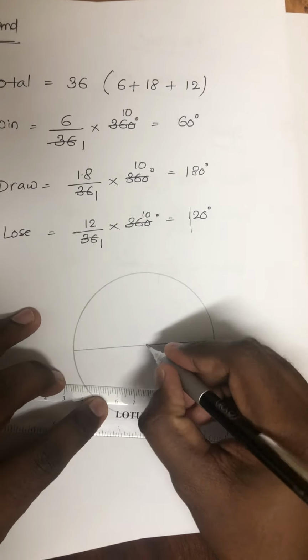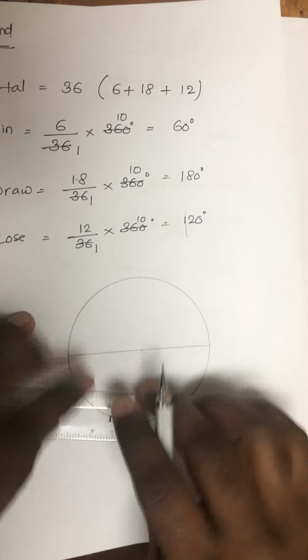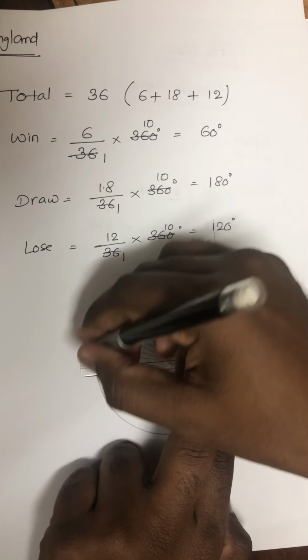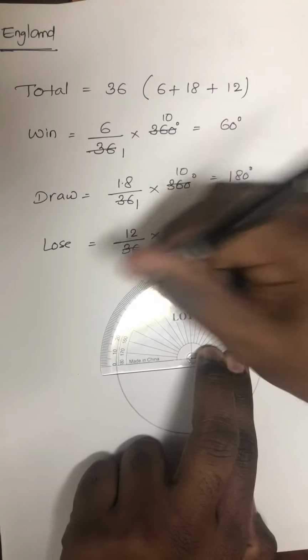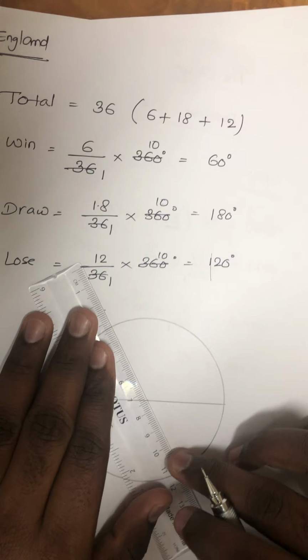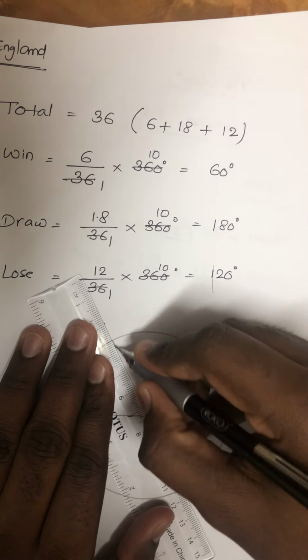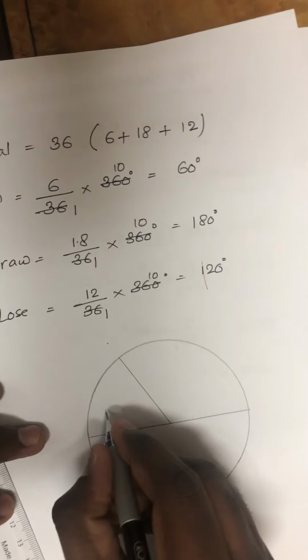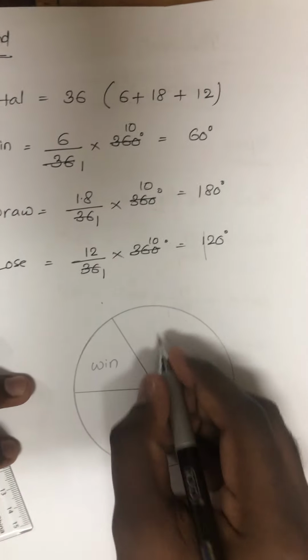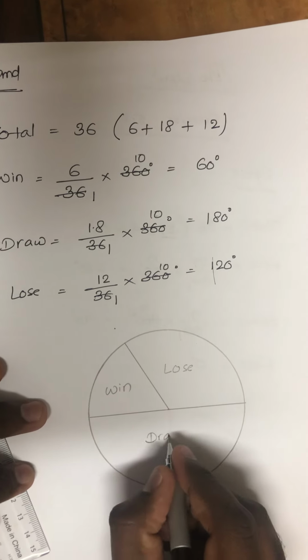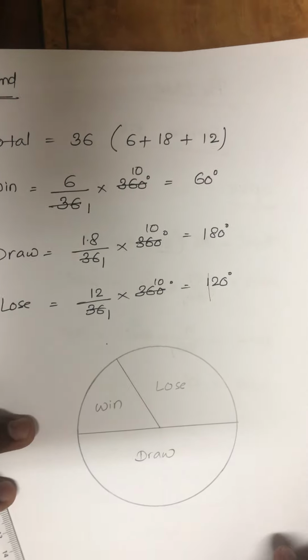So already you know the 180 degrees. By using the protractor, 60 and 120, you can draw the small value, the small degree, that is 60. From the clockwise direction, 0 is outside. So where is 60? Here is the 60. By using the 2 points, you can match the line. This line doesn't cross the circle. The 60 degrees is what? Win. Then write here is the win, and draw is 180 degrees. So like this you have to complete the pie chart.